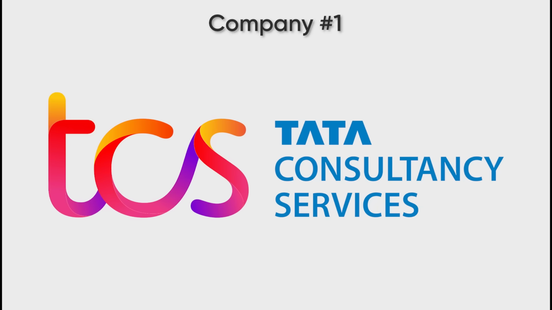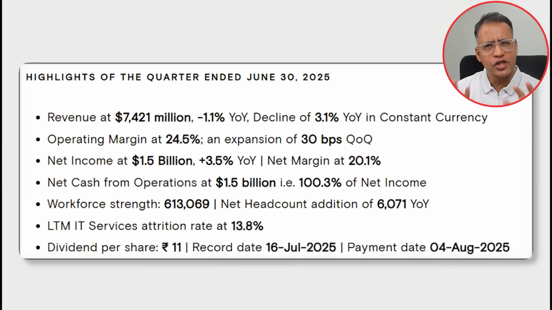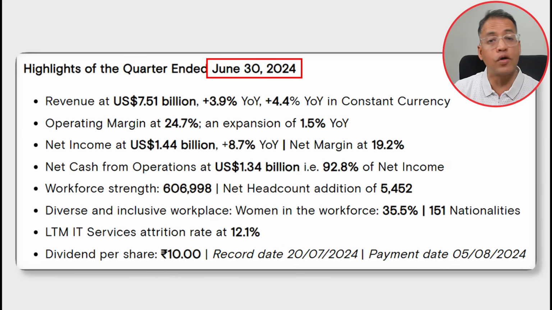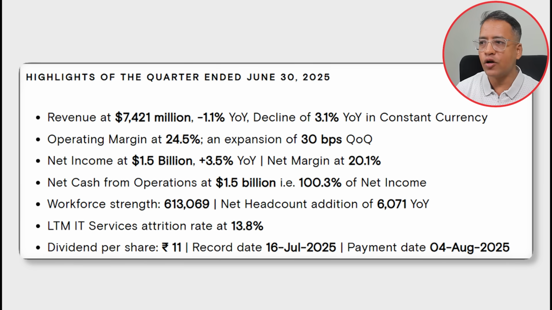So the first company that I'm going to discuss from a Q1 26 earnings perspective is TCS, Tata Consultancy Services Limited, number 1 IT company from India. Have a look at my screen, and I'm just going to simplify this very, very clearly for you. If you look at the June 2025 quarter, where the results have come out, versus June 2024, last year's similar quarter, quarter 1, if you compare the performance here, you will note that